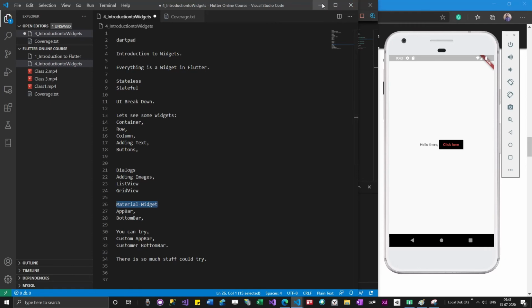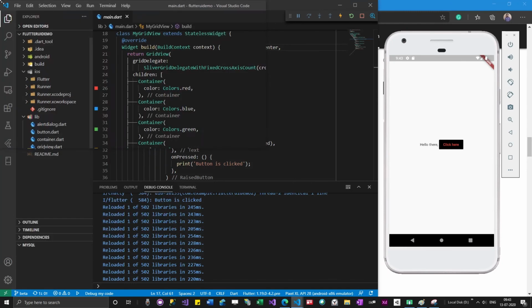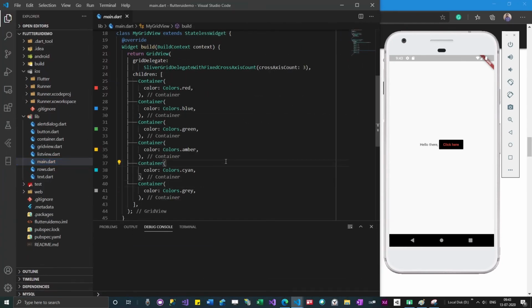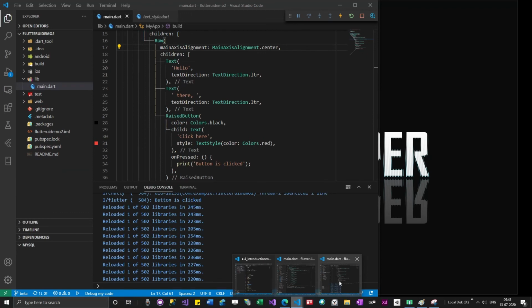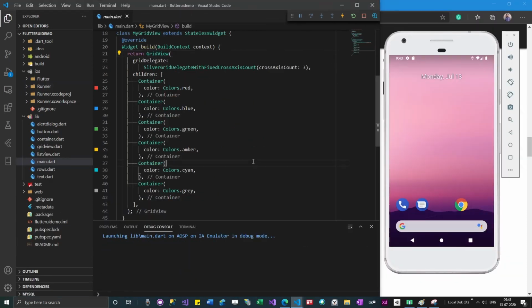See, this is something I have. So when I say list view, I'll run this program and show you. So this is a grid view example. So let this load.